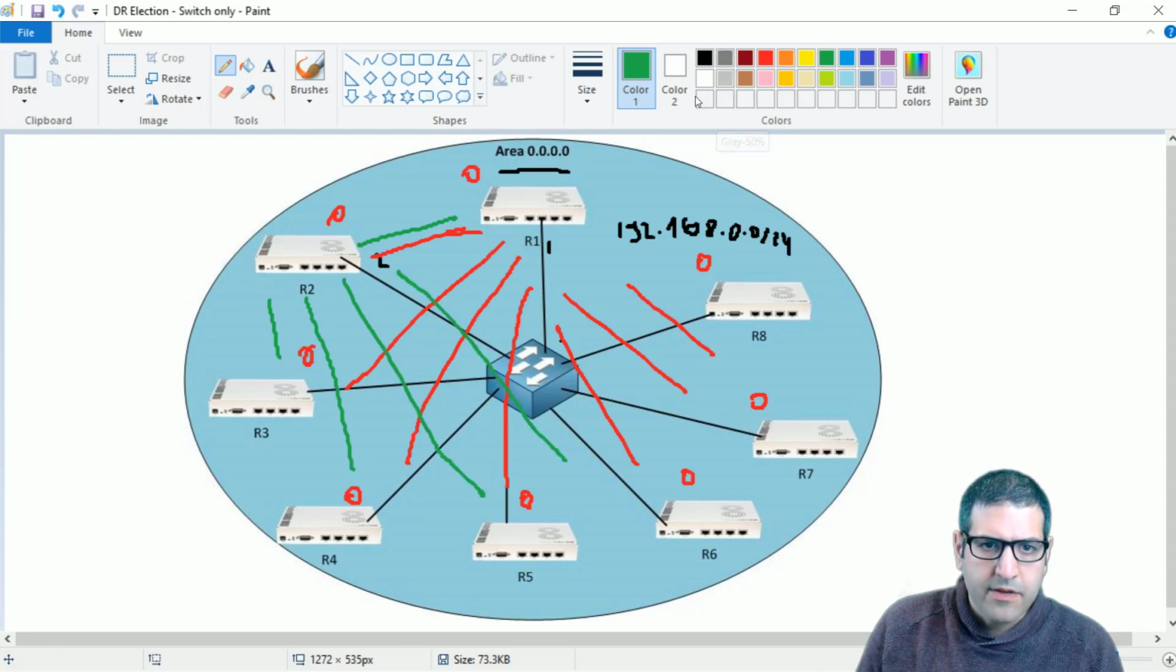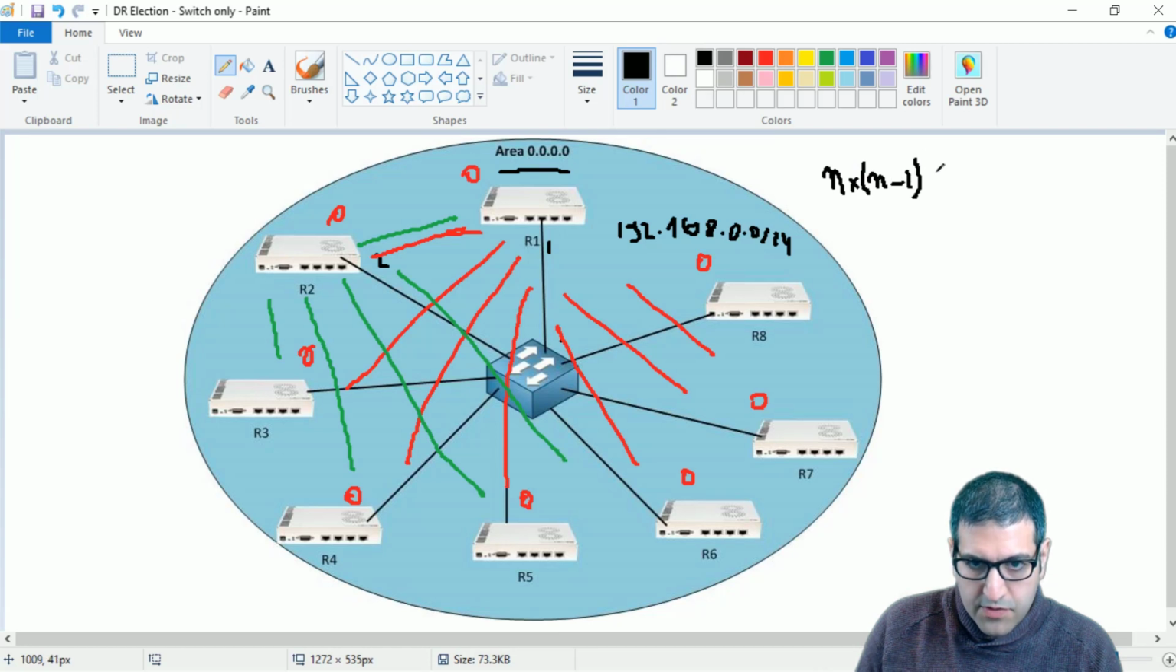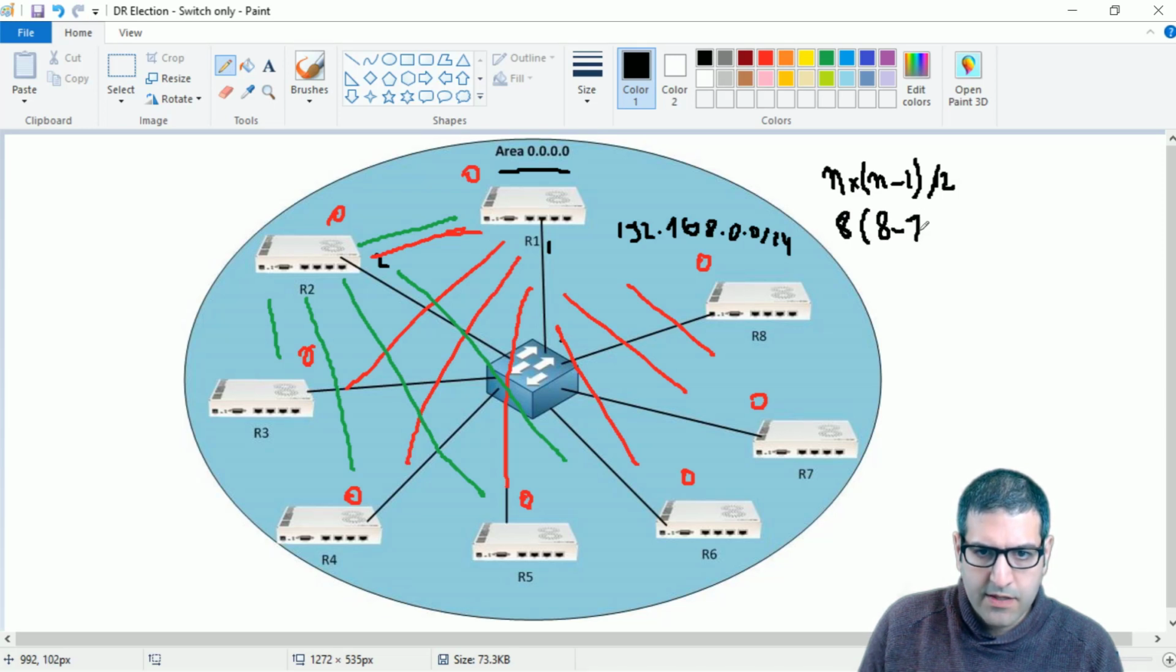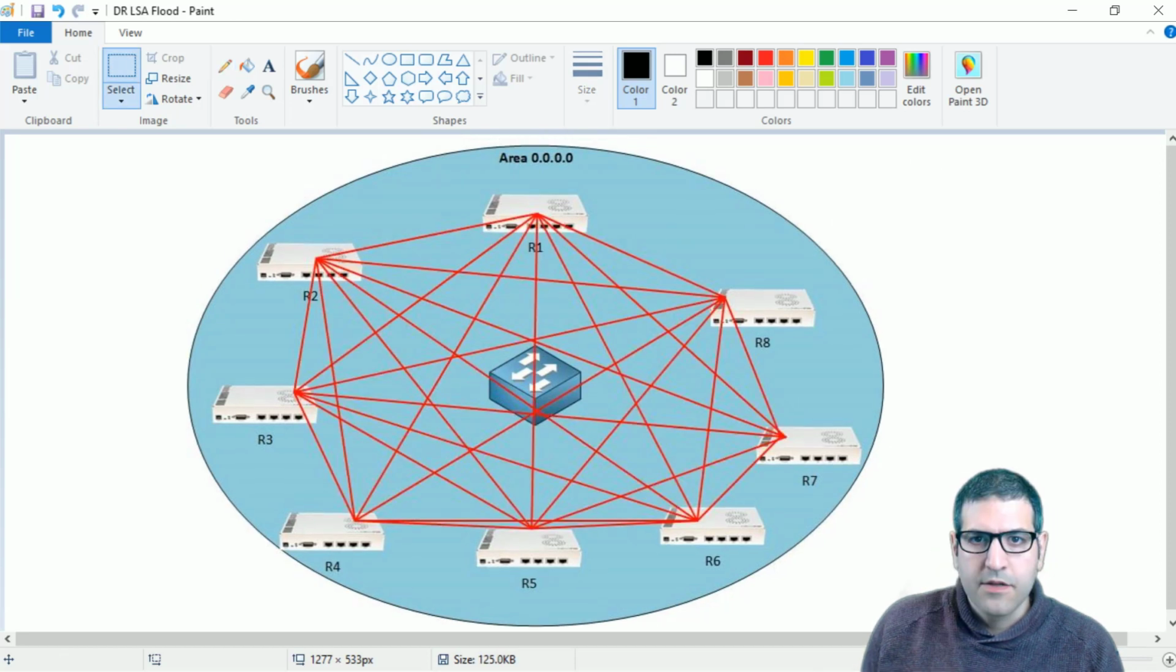If we want to see the calculation, it's going to be n times n minus 1 over 2. N is the number of routers, so we have 8 routers over here times 8 minus 1, that means 7, over 2. So 8 times 7, that's 56 over 2. That means we have 28 links. At the end, we'll have something like this picture over here. You can see that all routers are communicating to all other routers, and we have more like mesh